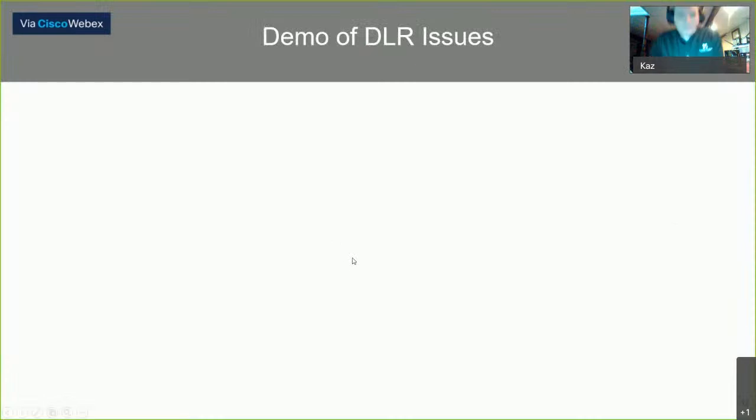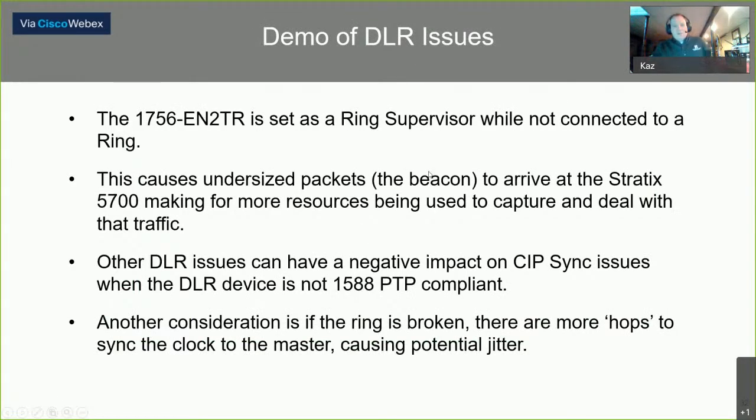Okay. So EN2TR was set as a ring supervisor, but not connected to a ring. This caused the beacon to arrive at the Stratix, and it had to use resources to deal with that traffic. Other DLR issues that can have a negative impact on SIP sync is when the DLR device itself is not a 1588 compliant device. All the Rockwell devices are 1588 precision time protocol compliant, so that's not a consideration for a Rockwell device. Another consideration is if you have a lot of devices on a device level ring, like 40, 50 devices,